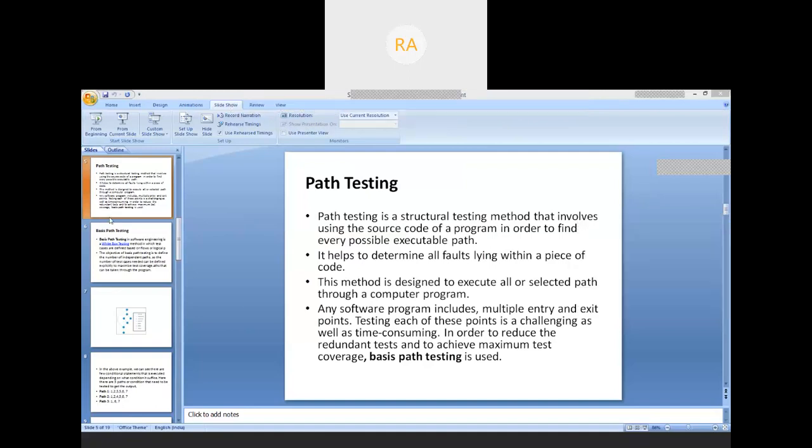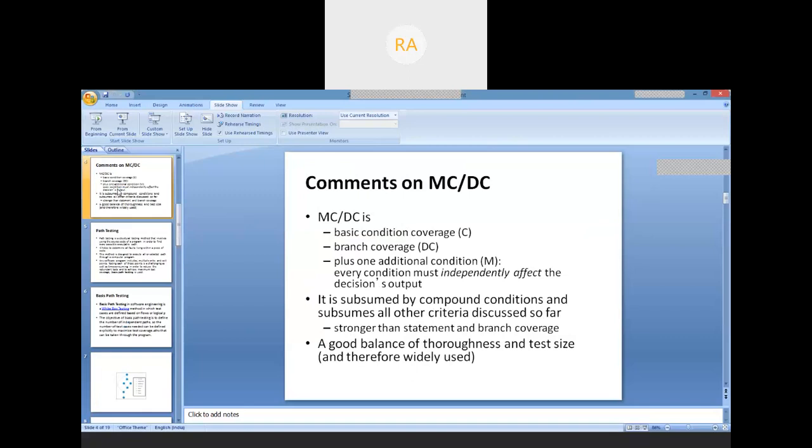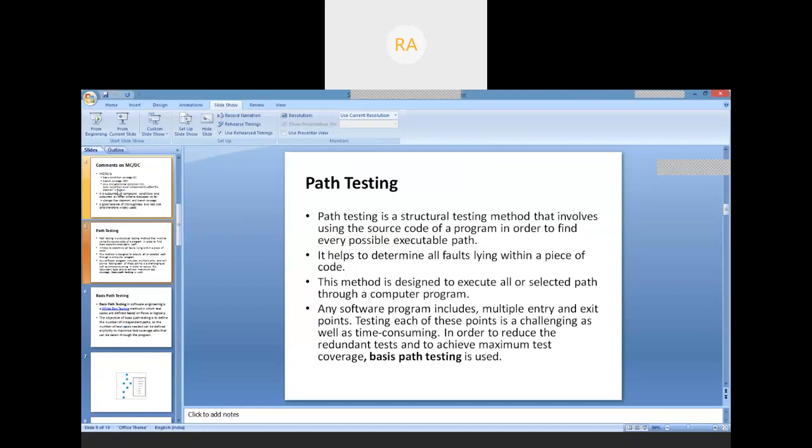Okay, we have so far covered the MCDC coverage, which was coming under structural testing. Later, we have something called path testing. It is also one of the structural testing methods which involves the execution of paths in the source code.